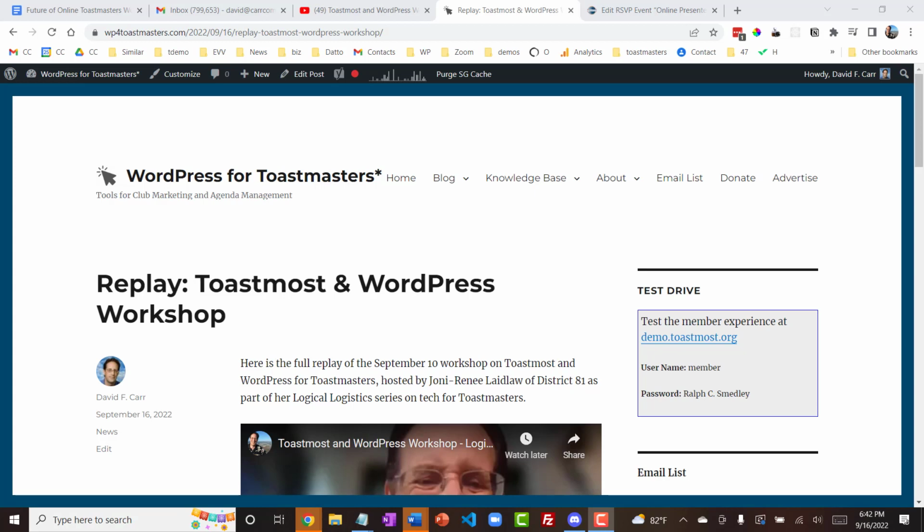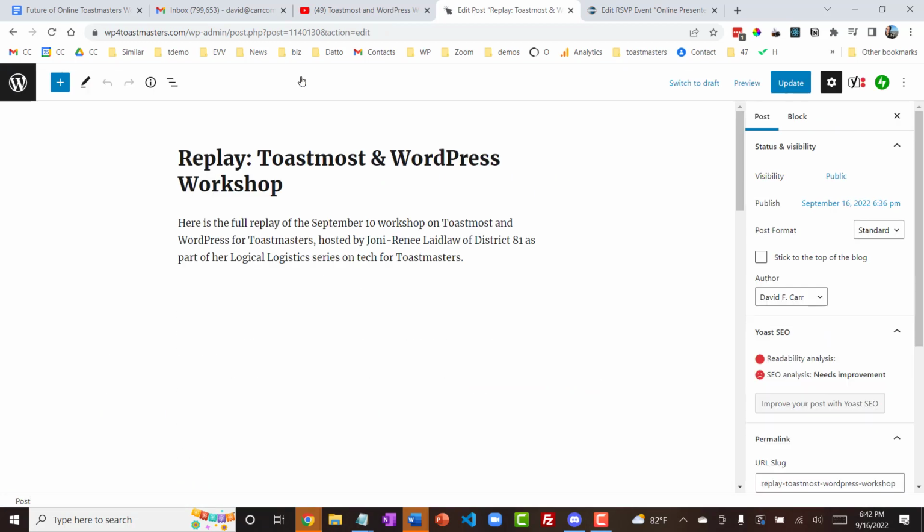One of the people who's been a great supporter of this project over the years told me the other day that one of her basic frustrations was that she didn't like working with blocks. Blocks are a fundamental concept in the WordPress editor, and so this is a tutorial just about blocks and how to work with blocks. Now, by block, I just mean a content block, a specific type of content within the